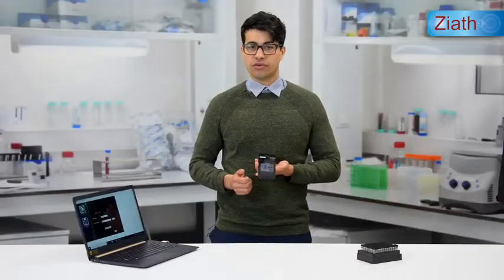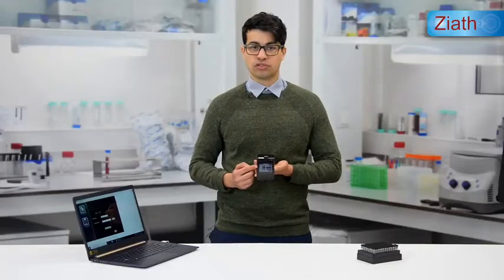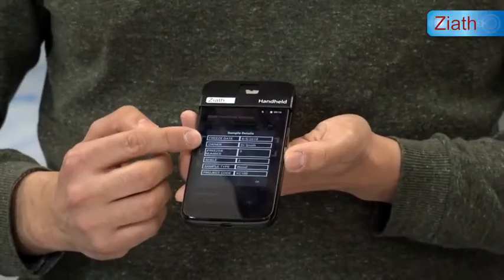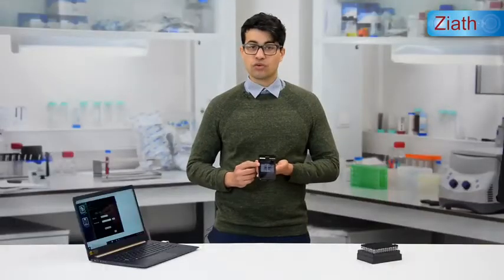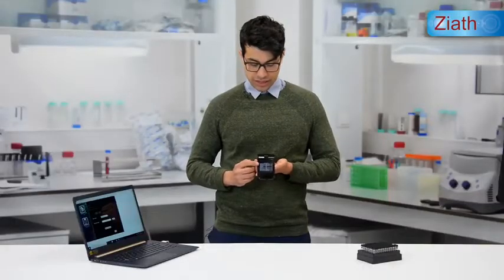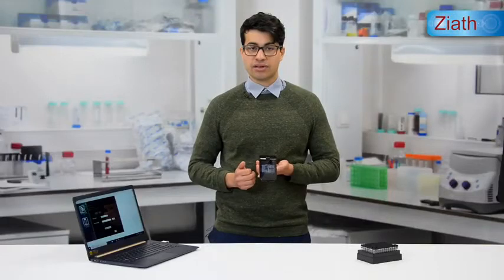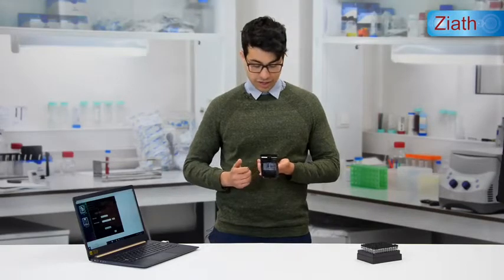In the Excel file, the location of the tube was also mentioned. You can see the freezer number being 3 and the shelf being 2. Once again, that's all completely customizable. In this case, we can now take the handheld down to the freezer, down to freezer 3, and find the